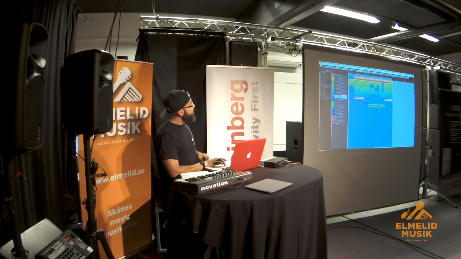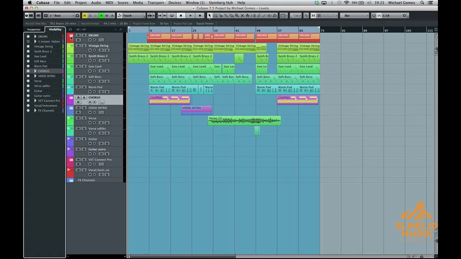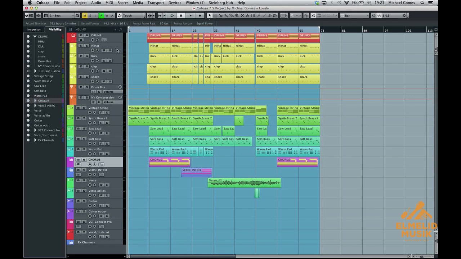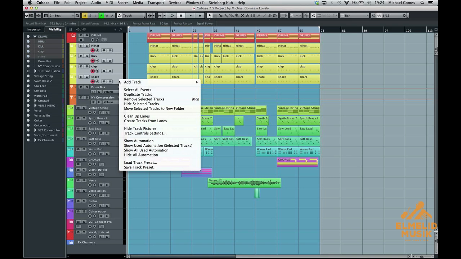So basically my drums, I lay them out and I just grab them all, right mouse click, move selected tracks to new folder. It gets added to a folder. And of course, I do the same with